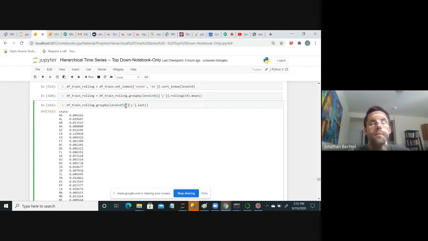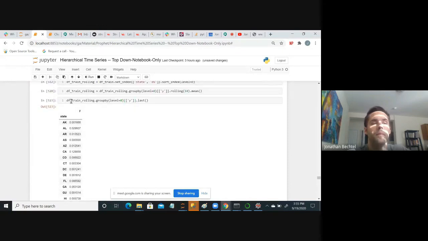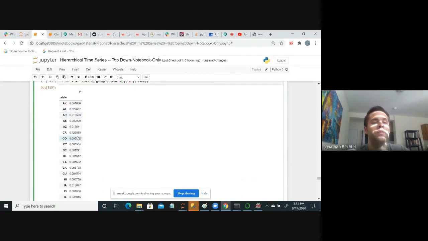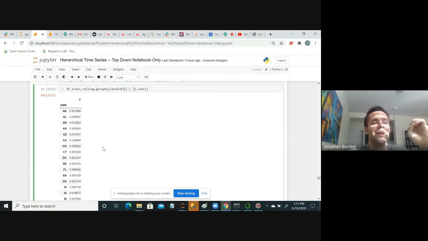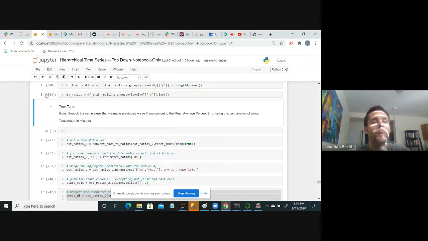Okay, so let's do this. Make it a proper data frame. And so the idea is, this is a different set of ratios to use. We've tried the more dynamic one with the forecasted values. We've tried the simple one using the historical averages. And in this case, for each of the 50 states, the 14-day moving average of their proportion of the total is listed right over here like that. We can save this as moving average ratios. All right, and again, what we would do here,